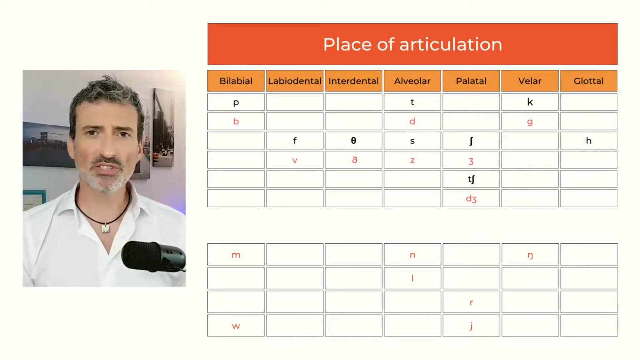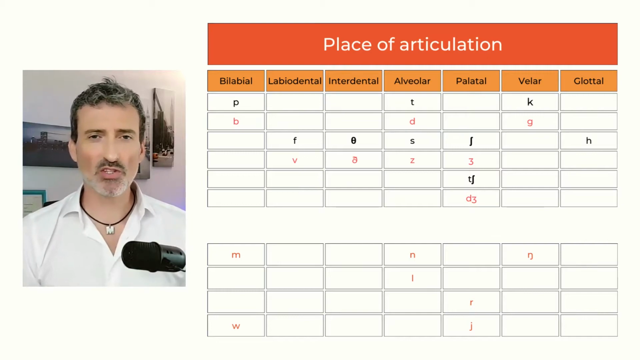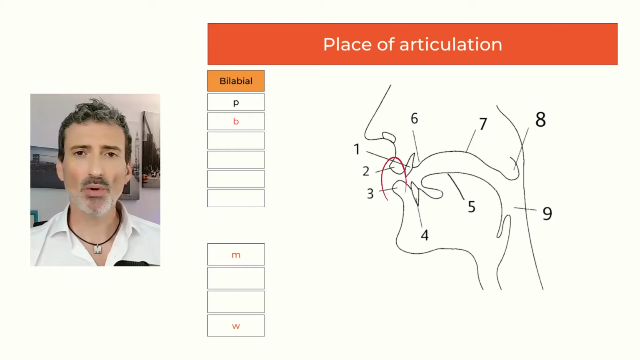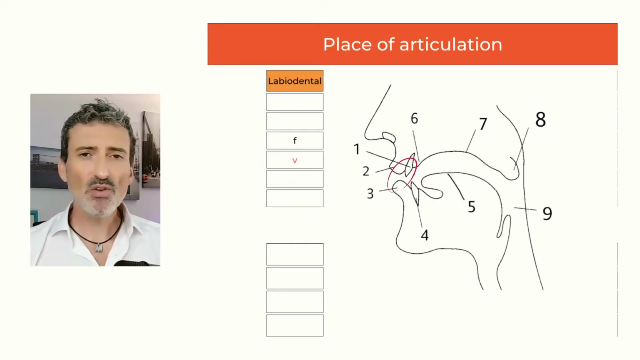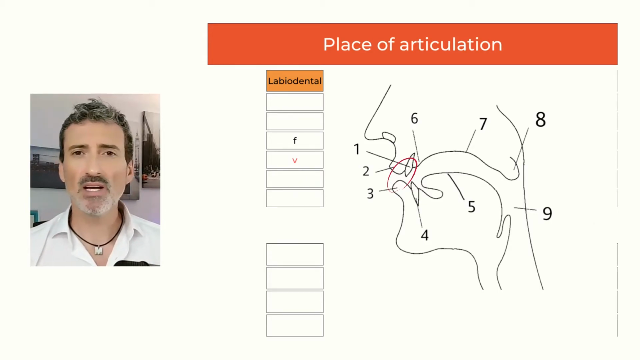Now I'm going to explain briefly how the consonants are produced based on their place of articulation. First, we have to talk about the bilabial consonants. These ones are produced with both lips, the upper lip and the lower lip. For example, P, B, M. Labiodental consonants are produced when the upper teeth touch the lower lip. For example,